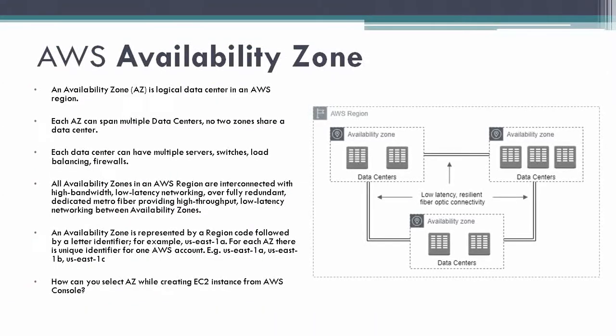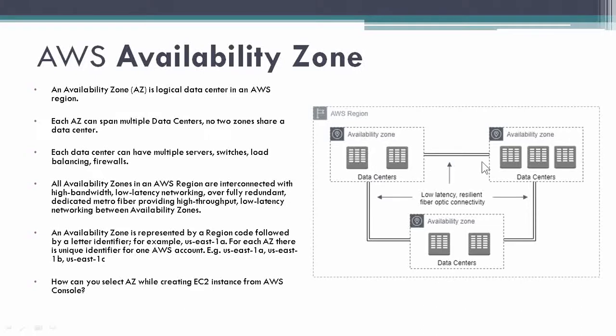So here I have a drawing that indicates what exactly the AWS infrastructure looks like. This outer line you can see is the AWS region. Suppose in one region you can see there are multiple availability zones. Here you can see there are three availability zones, and in each availability zone there are multiple